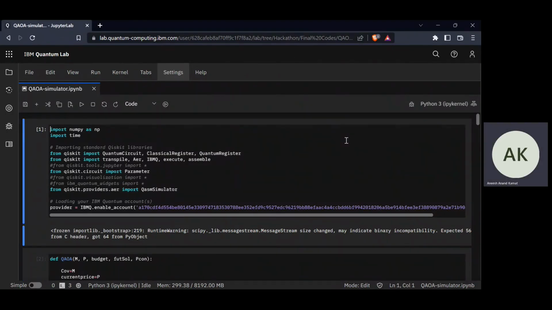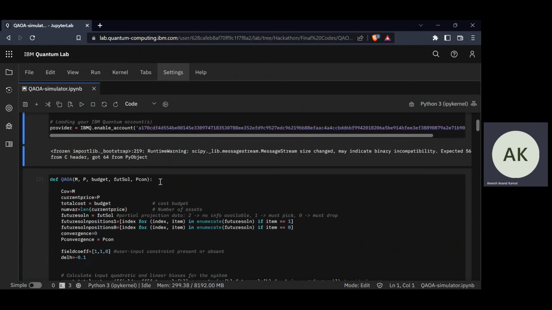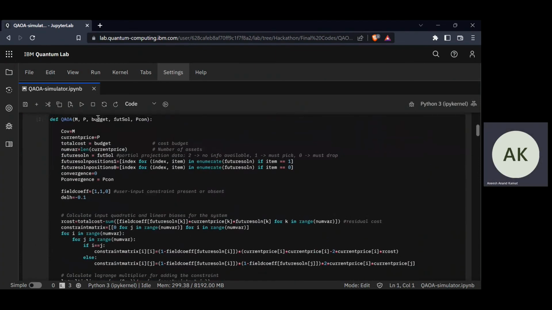Hi, I will now be walking you through the code behind the QAOA. First, we import all the different packages we need to run this code, and we enable our IBM Quantum account. This is the QAOA function. As input parameters, it takes the covariance matrix that relates every stock in your portfolio. It takes the current prices of all of those stocks, the budget of the user, the future solution, which corresponds